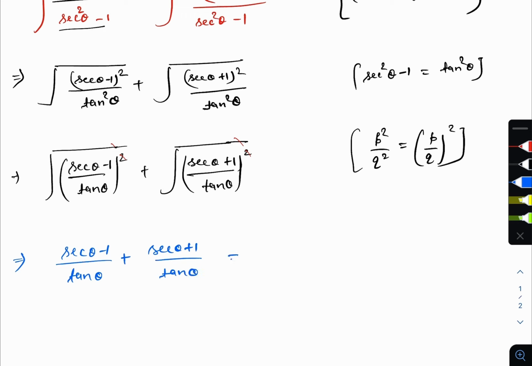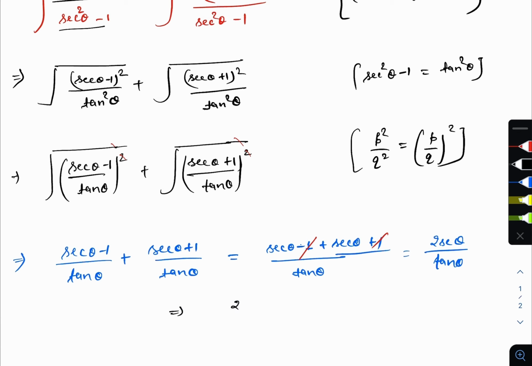Now take the LCM. LCM will be tan theta. So in the numerator it will be secant theta minus 1 plus secant theta plus 1. And what will happen? Plus 1 and minus 1 will cancel each other. This will give us 2 secant theta upon tan theta. And when we simplify it,